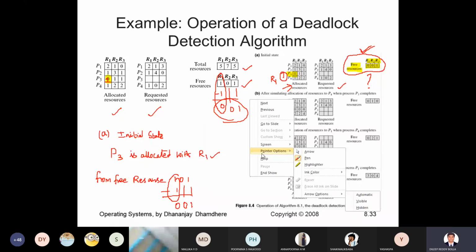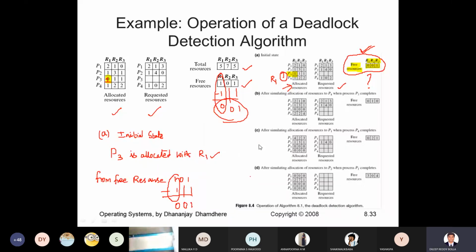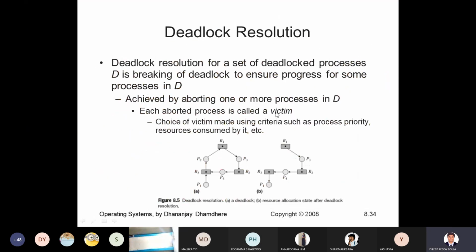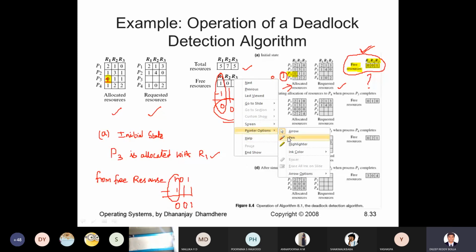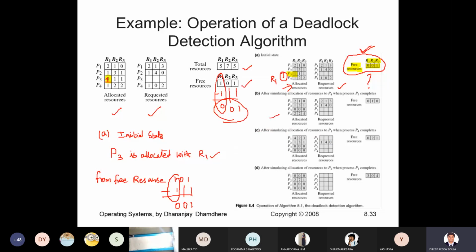So how this second portion will happen, let us see. Look at the second part. This portion, how it will happen. Now, 210 is same. 131 is same. Here, why did it become 000? Because the moment we have completed these resources, this no longer should be allocated with the resources. So that's why here we made 000.